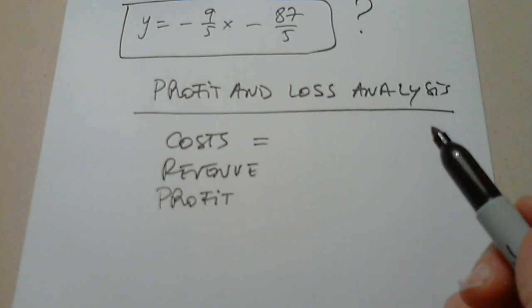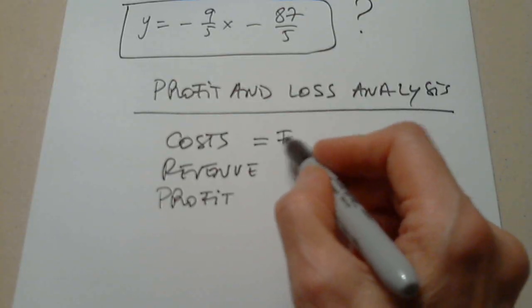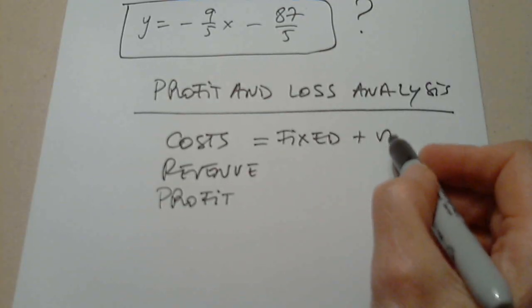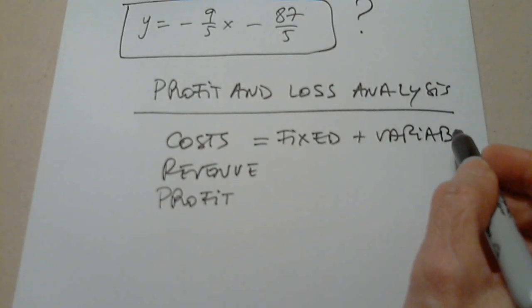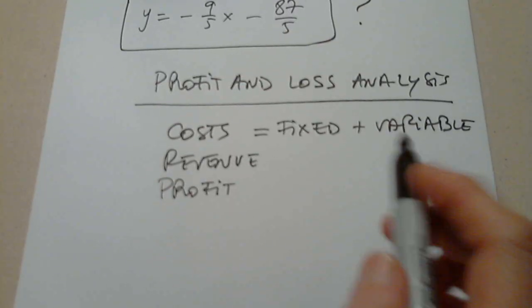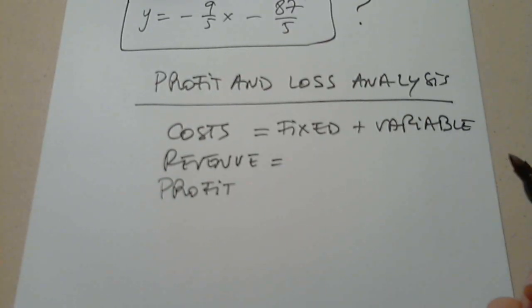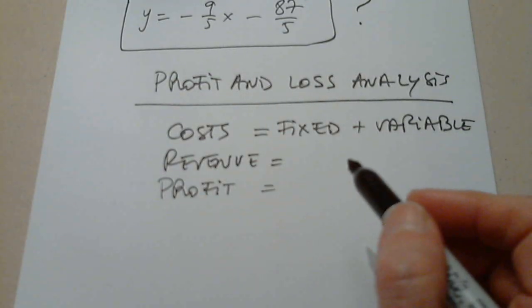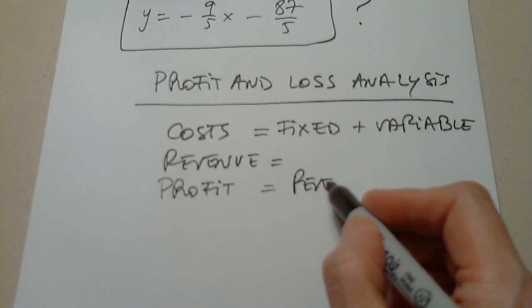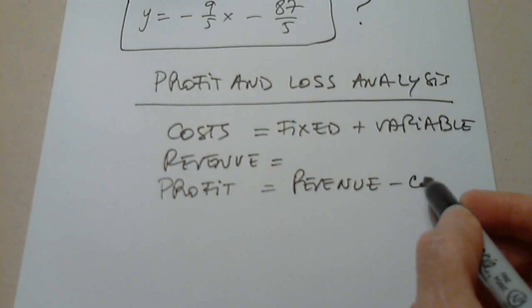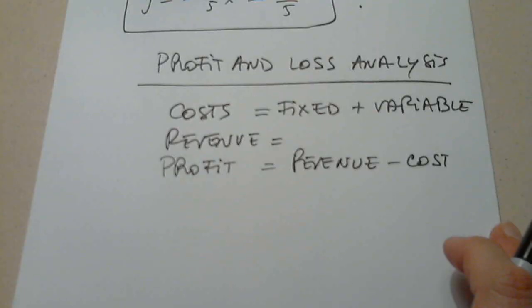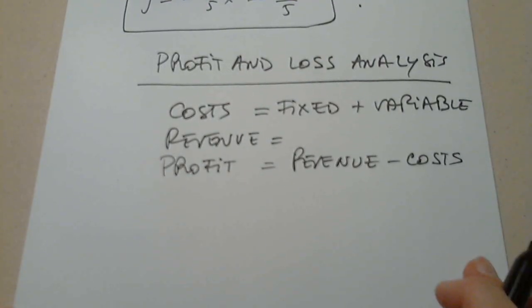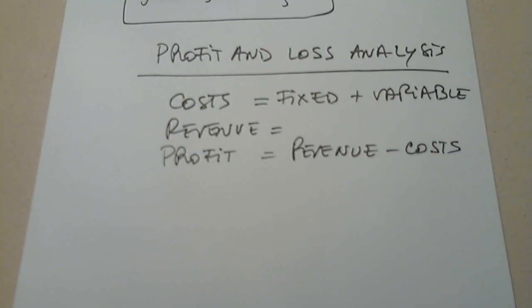Costs have two components, fixed and variable. Revenue is just one component, one term. Profit is always revenue minus total cost. Okay, minus total costs. So let's look at a situation, very simple,